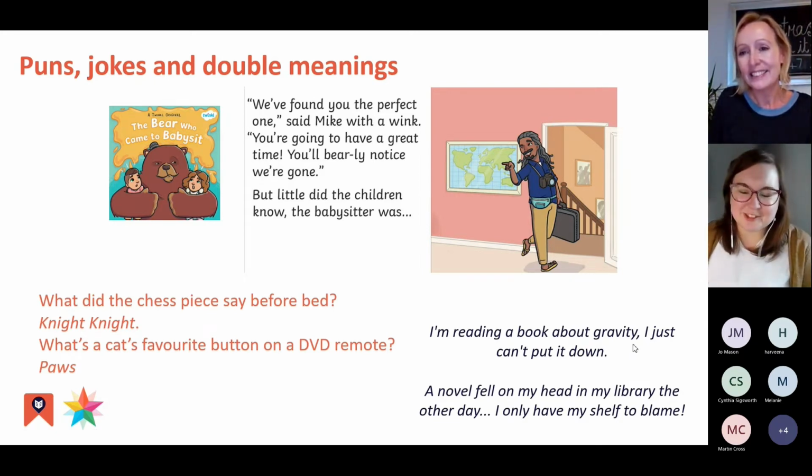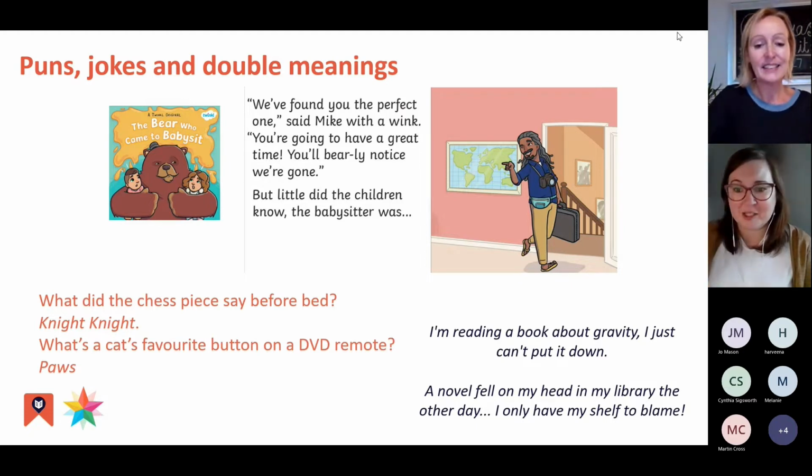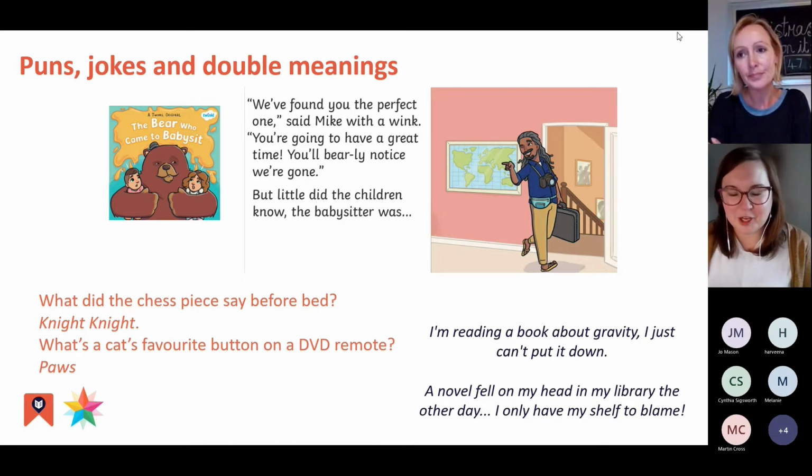So building on what Helen's just been talking about, obviously words are really important, and we know that authors choose particular words for their meaning and to show different purposes. So we're going to explore a couple of ways in which they do this in children's literature, and look at ways that you could explore it with children as well.